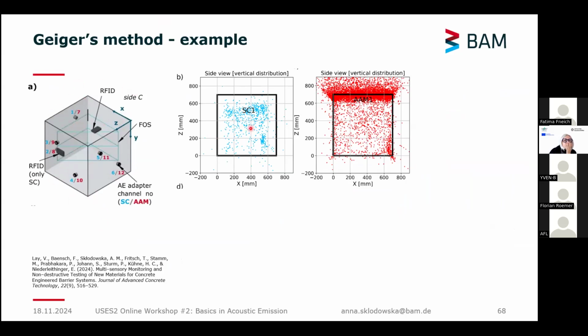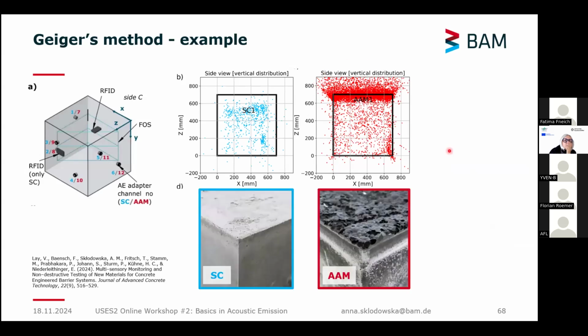We had 6 sensors, and we have 2 different types of materials. In one, you can see the sources are localized within the material, whereas in the other one, there are a lot of events that are localized outside. And this is connected with the fact that, for example, the material that has a good localization accuracy is